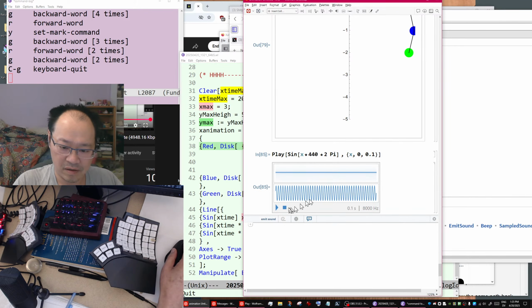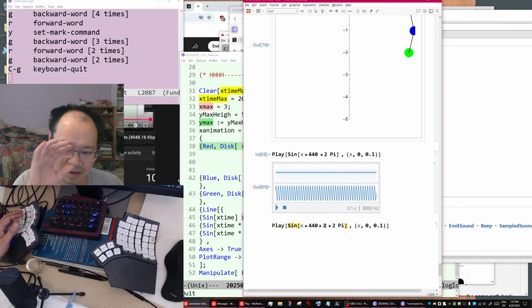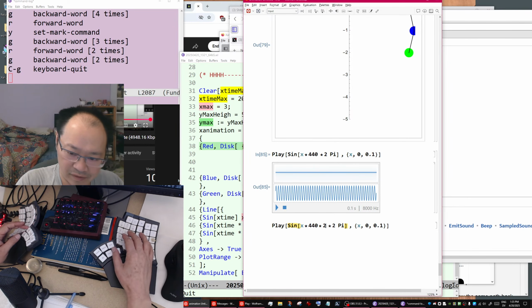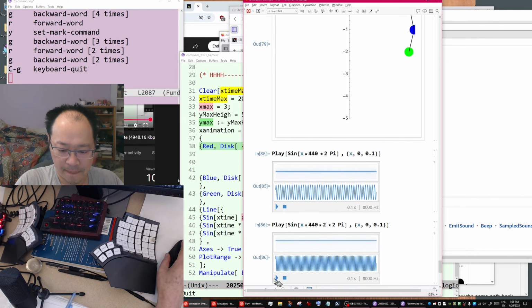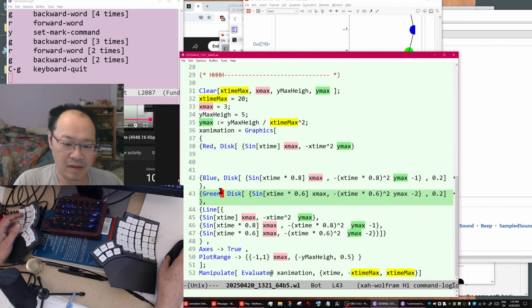Shift enter. Fantastic. Now if we double the frequency, it's the A one octave above. Okay, so if we copy that, then